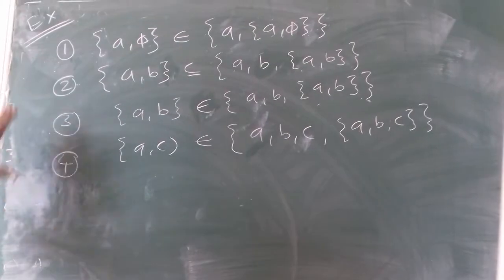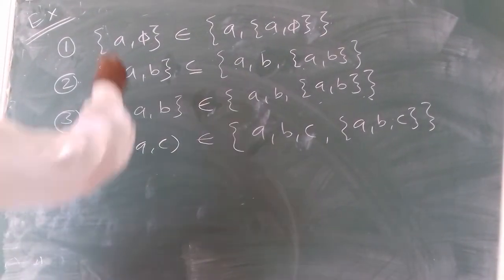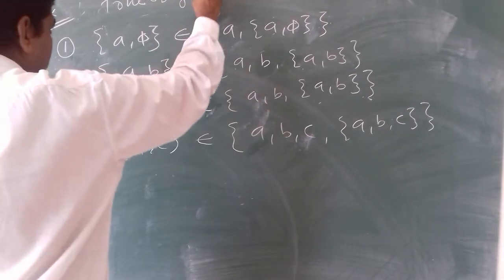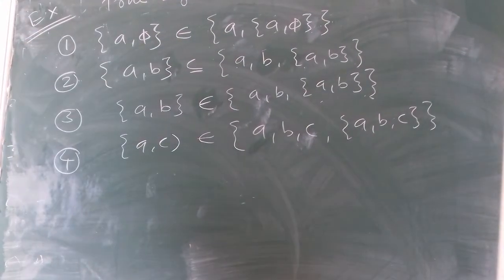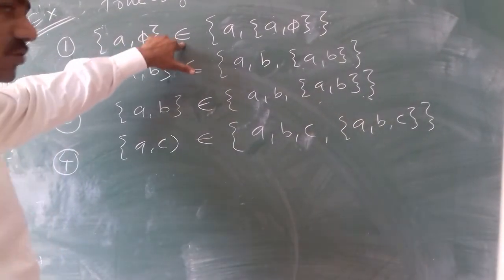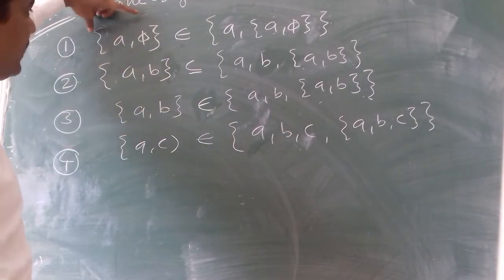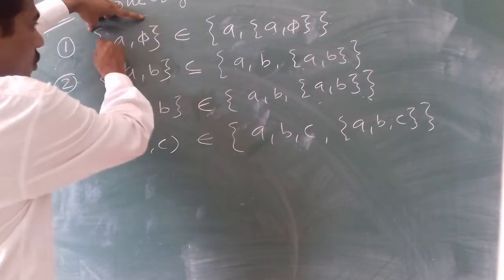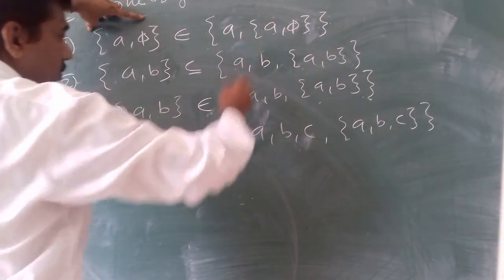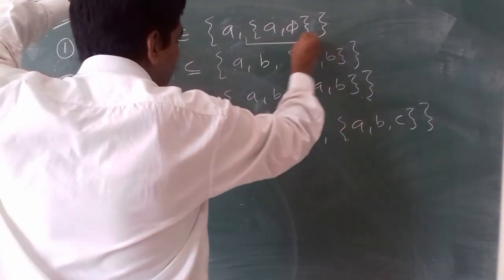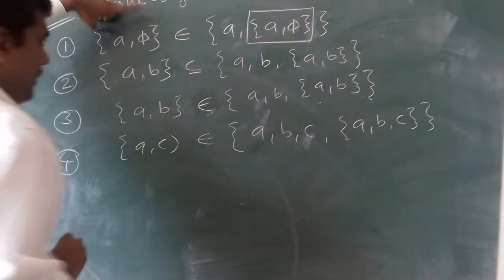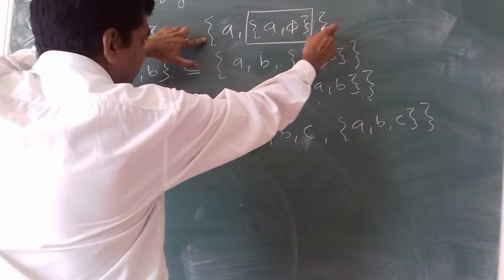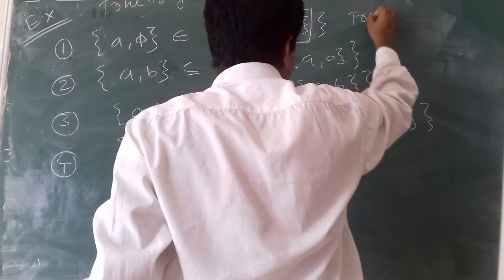Okay. So these are the four statements. The question is whether the following statements are true or false. So we go with the first one. That is the belongs to symbol. The left hand side of belongs to should be the element, right? So this is the element A comma 5. Does this element belong to this particular set? If we observe, this particular element is there in this set, right? So this is a true statement.